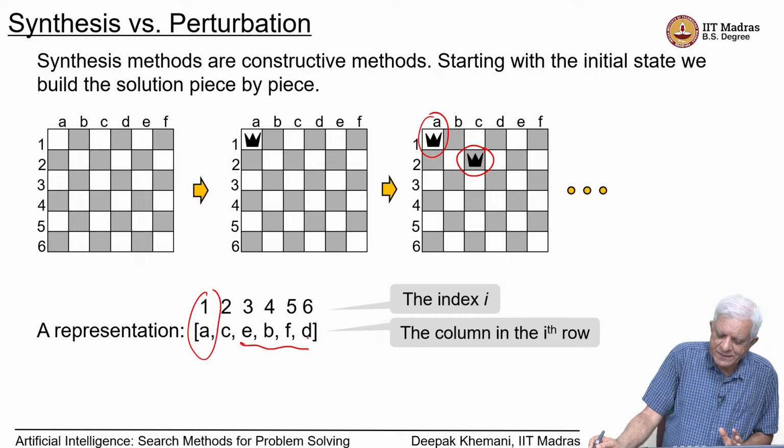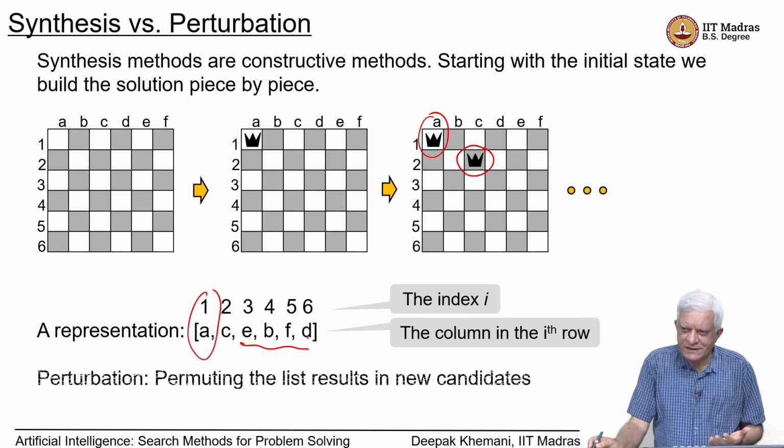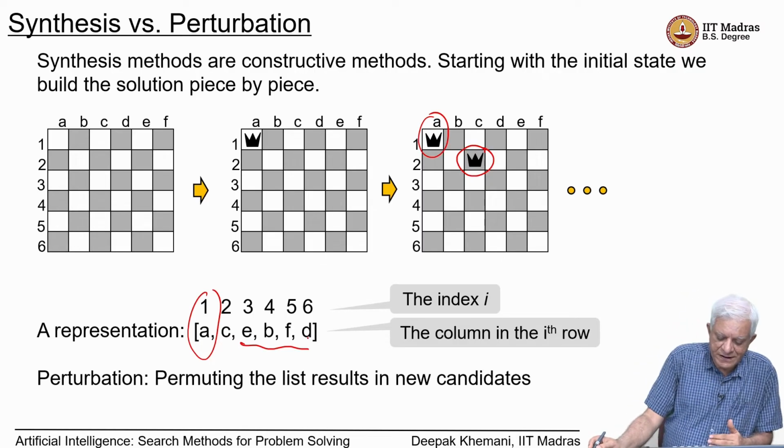implicitly the first element is the queen in the first row, the second element is the queen in the second row and so on, and what we have stated is the column in which the queen exists. Now, if we take permutations of this representation of this one dimensional array, then we would end up generating new candidates. So, this is what we mean by